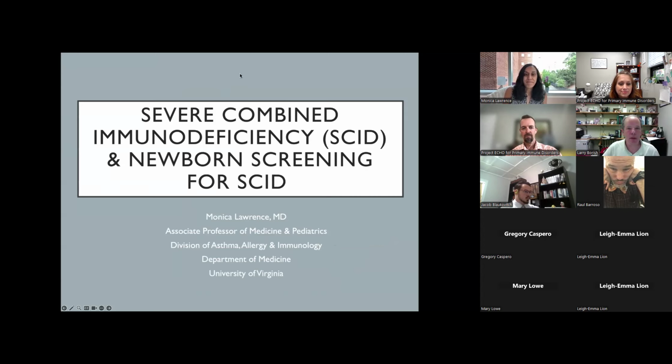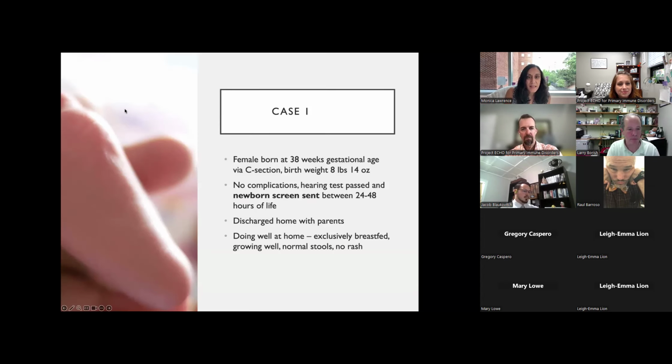Okay, all right. So we are here, like I said, to talk about newborn screening for SCID. I'm going to start with a little bit of a case. This is a real patient that I saw here. It's been a few years now, but I thought it makes it easier to understand when it's an actual